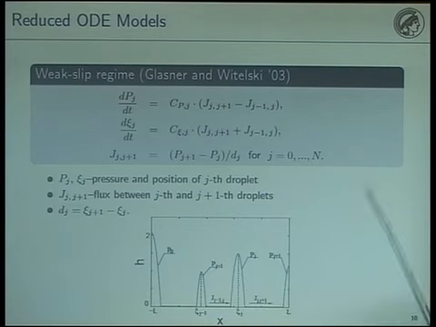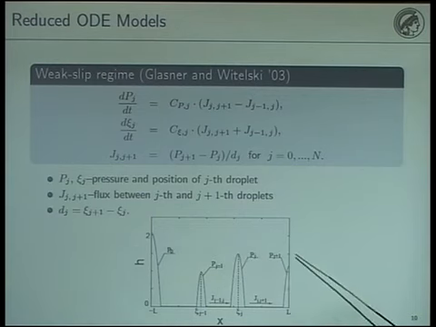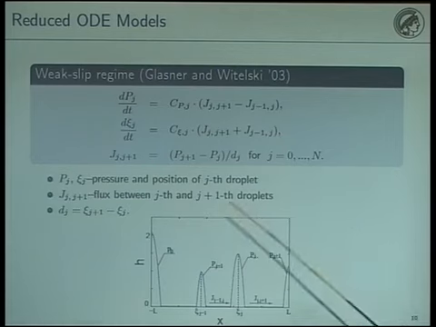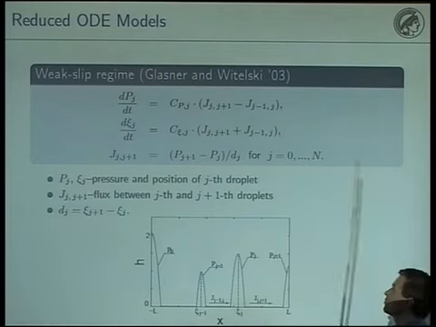And they observed that each droplet can be parameterized by just two parameters, its pressure and position. And also they observed that the interaction is weak due to the fluxes between the neighbors, for example, which the droplet experiences from the left and from the right neighbor. And by asymptotic considerations and also by gradient flow